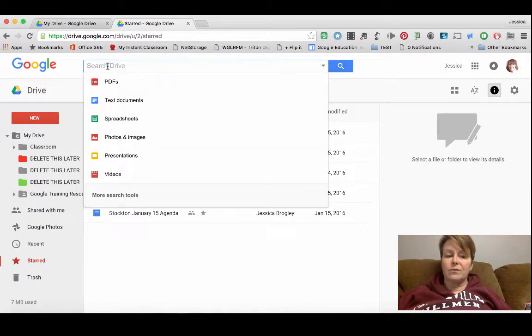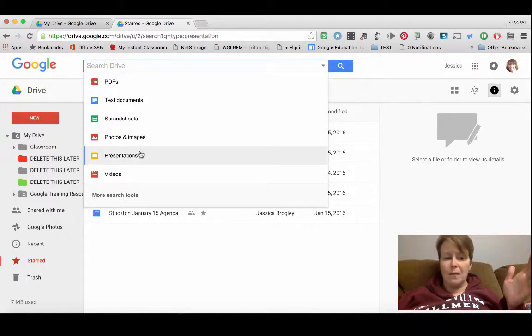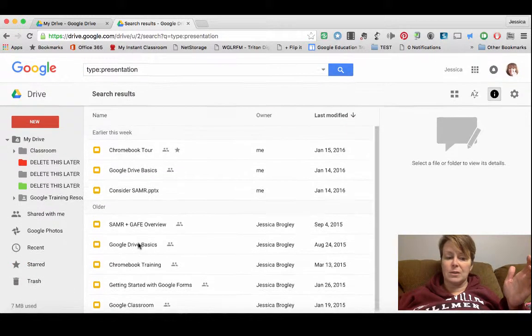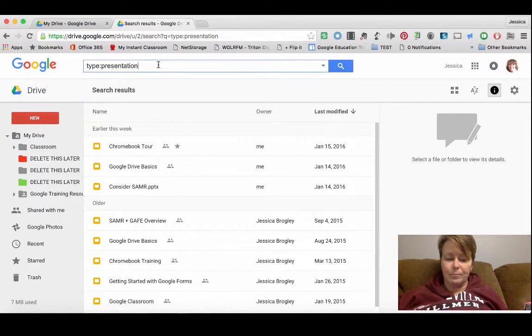Yes, Google Drive doesn't require you to use a file structure. Lots of people don't, because in the search bar, Google will do a great job filtering for you. So when you click in the search bar, you can filter down. If you know that the last thing you worked on was a presentation but you don't remember the name of it,